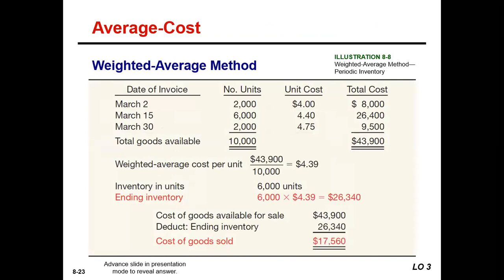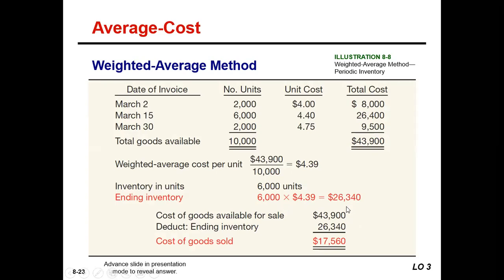And so based on this data, if we had cost of goods available for sale, 43,900, divided by the total number of units available for sale, that gives us that weighted average cost per unit, right? And so then we're assigning that weighted average cost per unit to the units in ending inventory, right? So if we've got 6,000 units in ending inventory times the weighted average cost per unit, our ending inventory will be listed on our balance sheet at